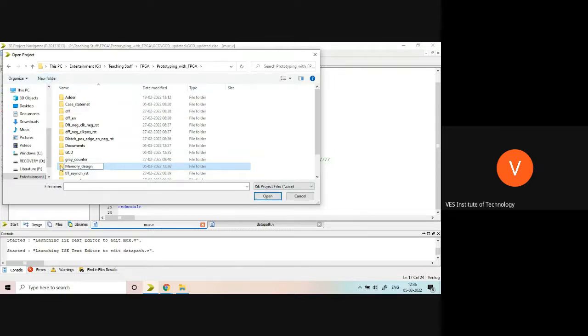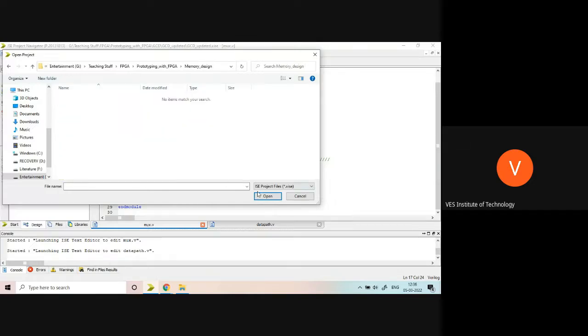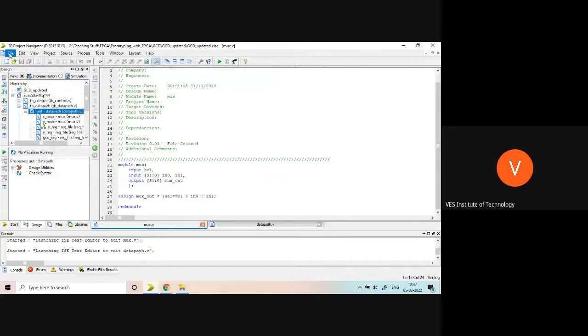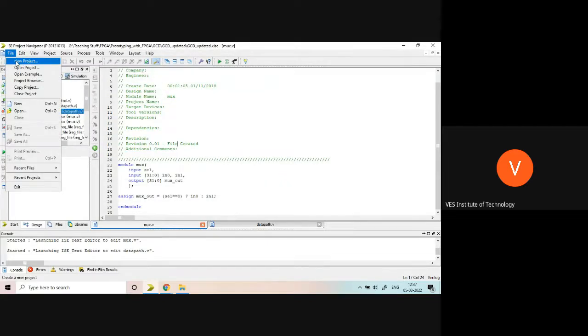I'm trying to design memory first, and we will download this memory onto hardware also, FPGA board. So if somebody has not understood how to do it, today we'll do that. Okay, first I have to create a project. So new project,